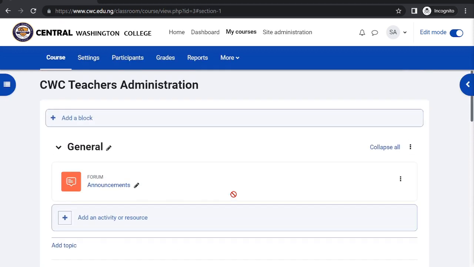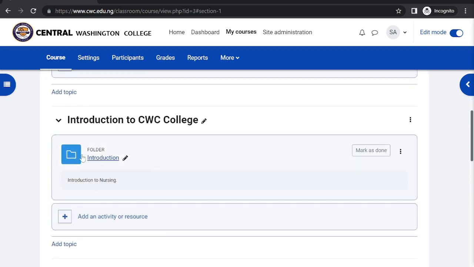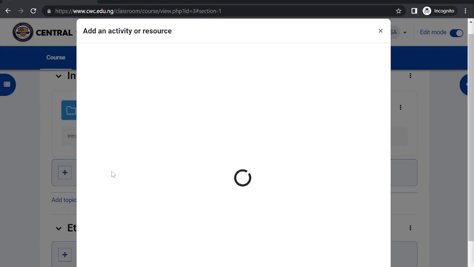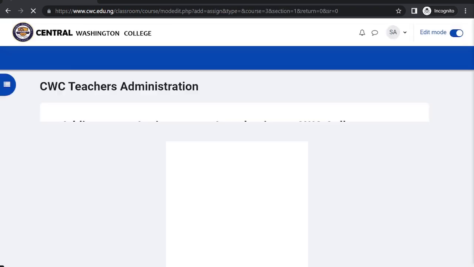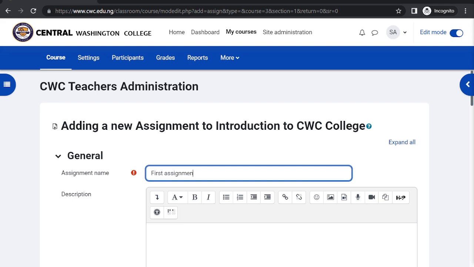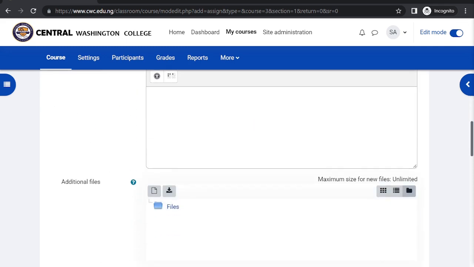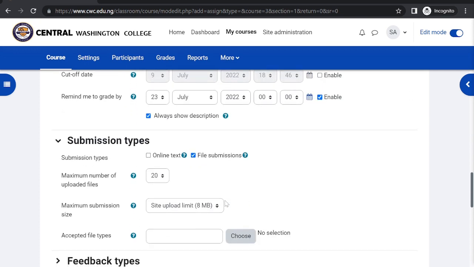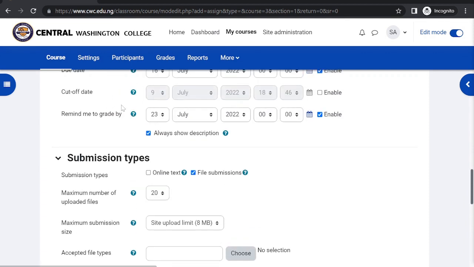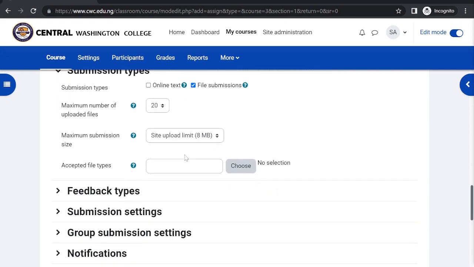So right now the first course has been added. It's called introduction. Inside that folder, introduction to nursing, you can go ahead and add more activities, and so on and so forth. You can add an assignment, first assignment, alright, and put a file if you will. If it has a start date and end date, cutoff date, you put it in there. When you are grading by, remind me to grade by, you put that notification for yourself,